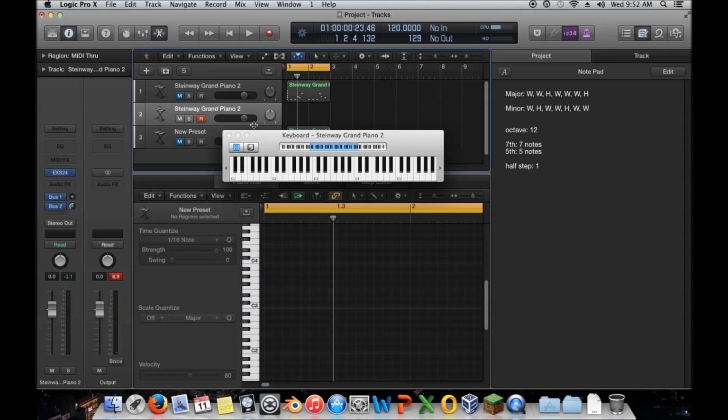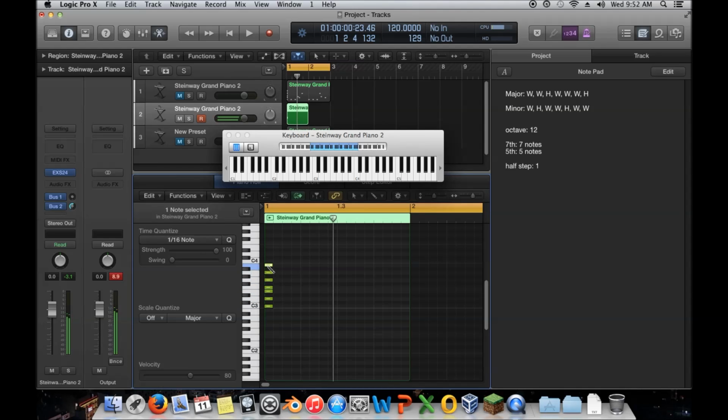Now, obviously, I said there's a difference between major and minor chords, and I did show you how they sound. Minor chords sound darker, but it's entirely dependent on what key you're in, because I can't choose a C minor chord in a C major scale. It just doesn't work that way, because this is not a valid note for the C major scale. So I'd want to use a C minor scale if that was a chord that I really wanted. Now, there are going to be major and minor chords in each scale, and it really just depends on the scale. And you'll be able to remember that, like I said, once you look at how it's laid out,